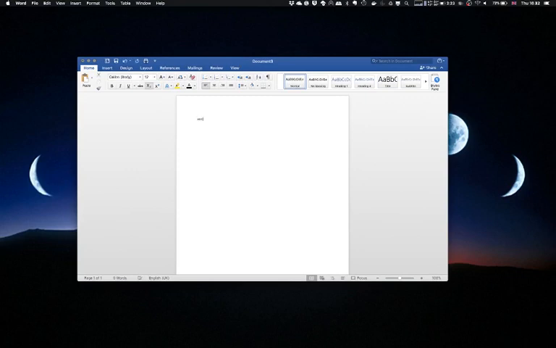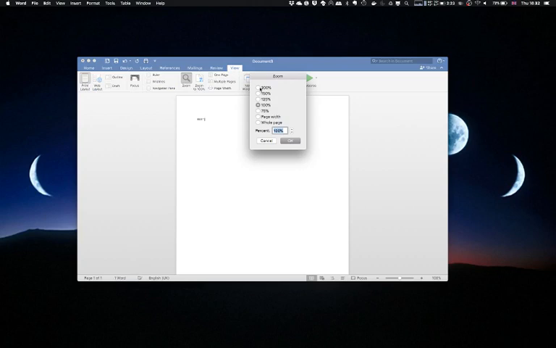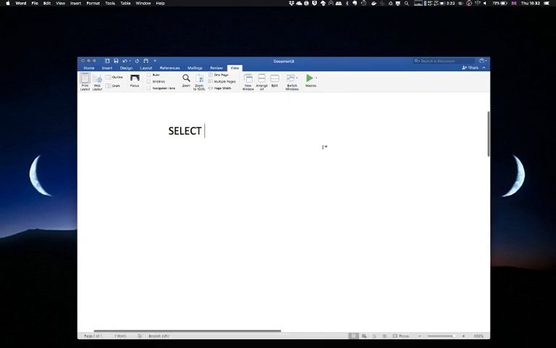So when you put this thing into Word, I can't even read that. Let's go for 500%. Right. So if I put a query into here, because I'm writing it in Word, because that's how I write your